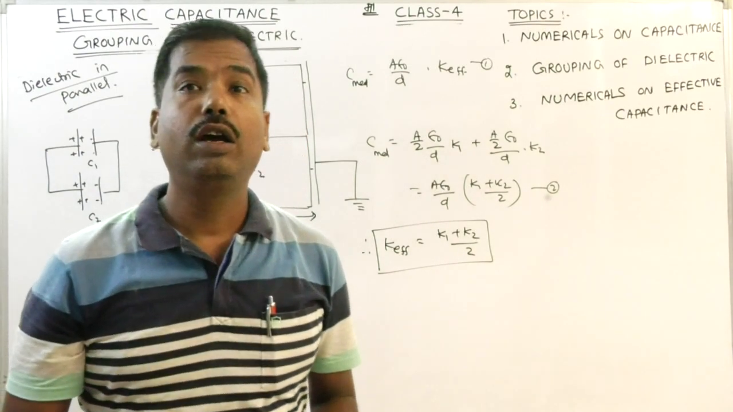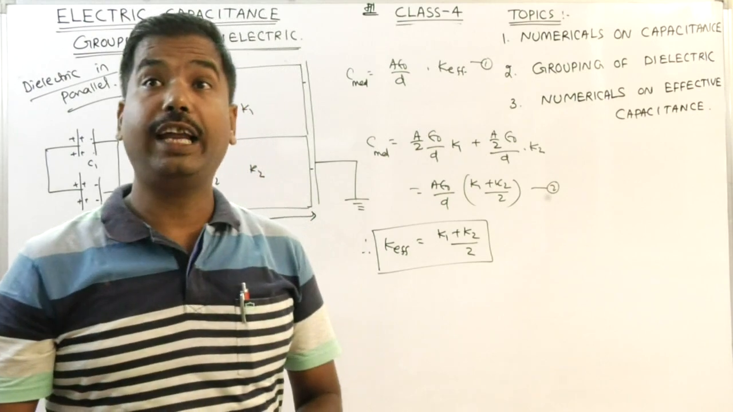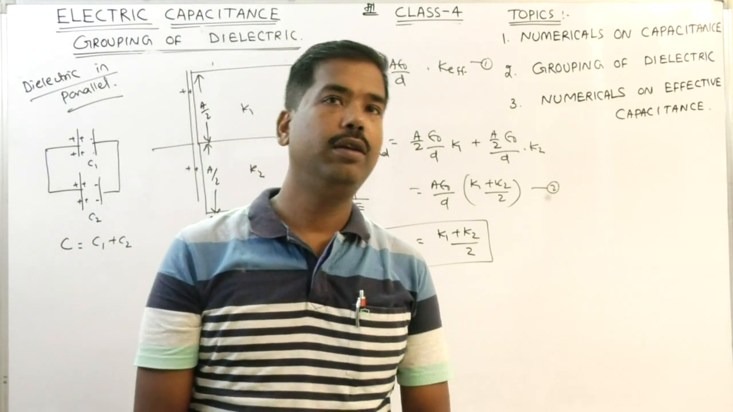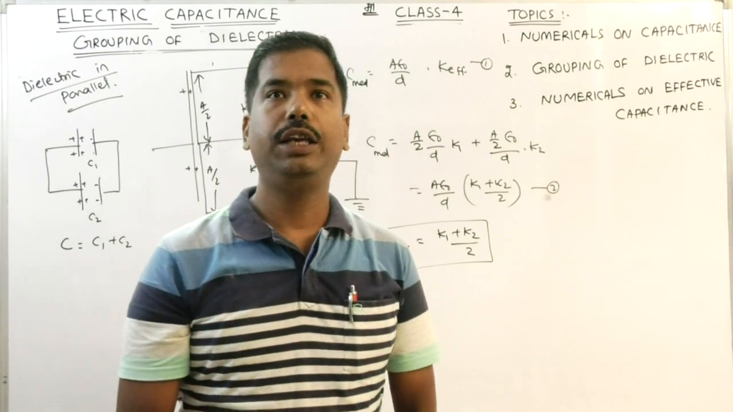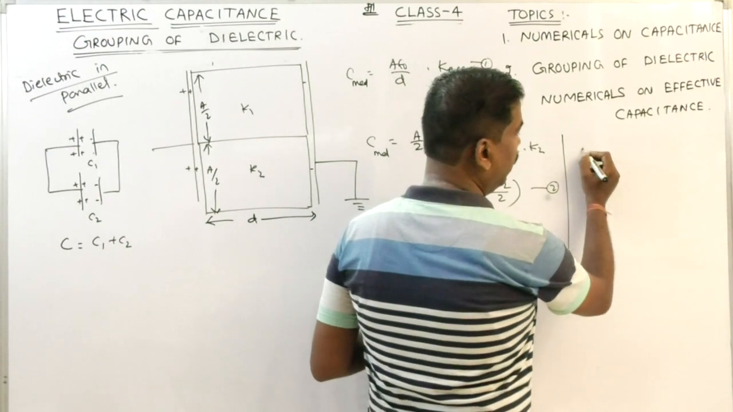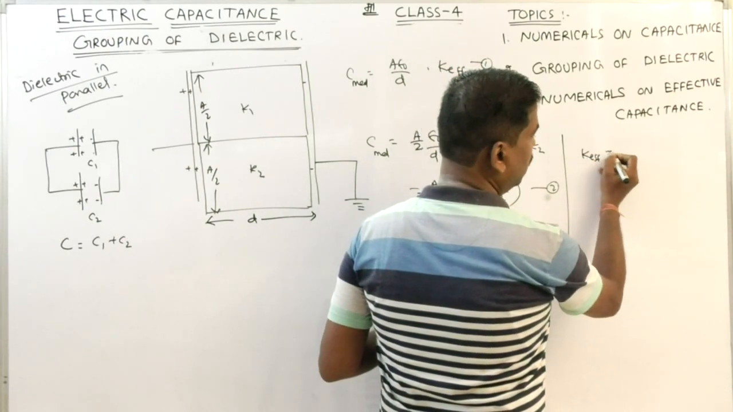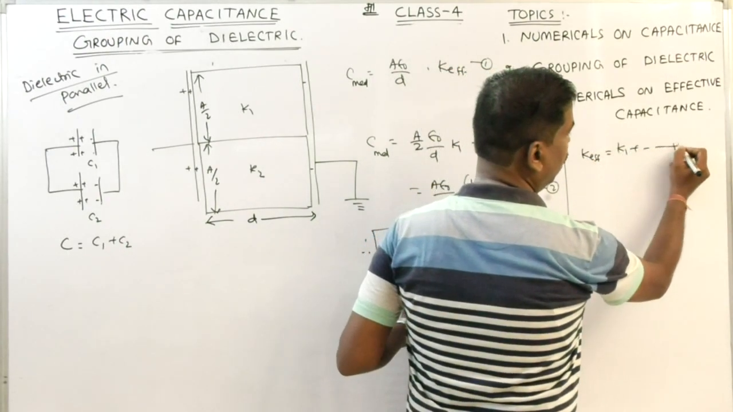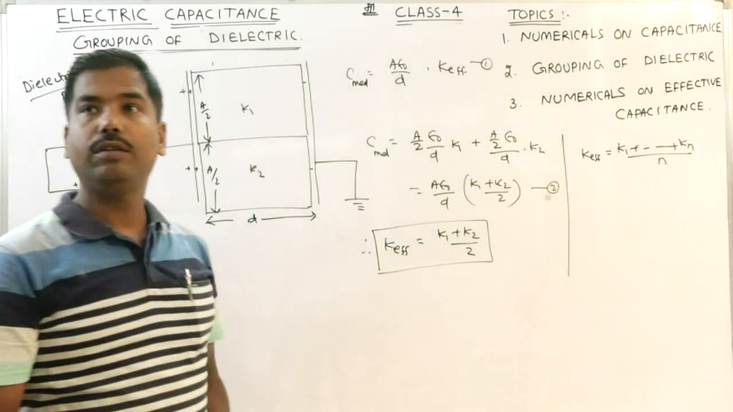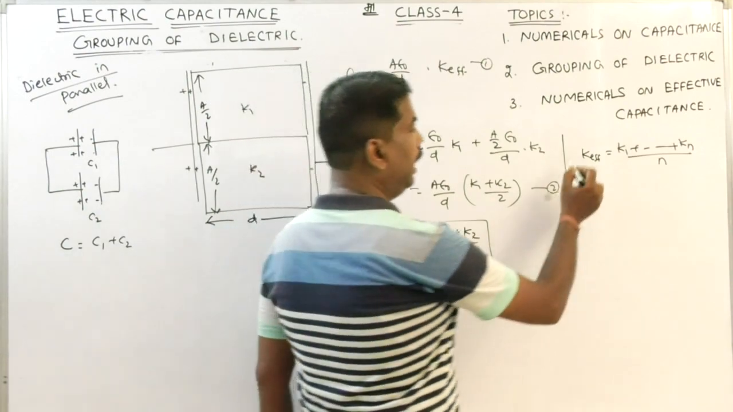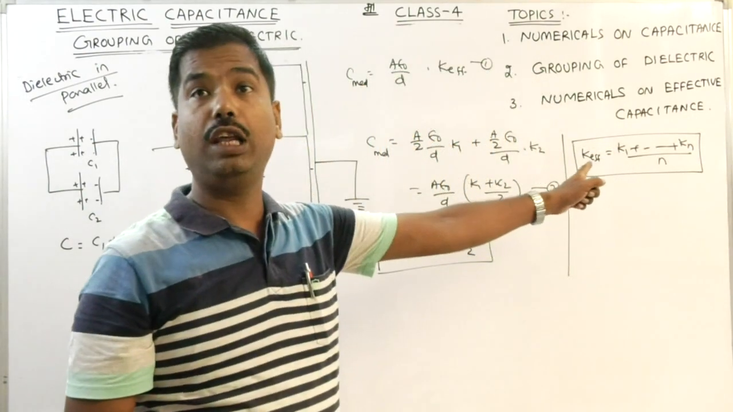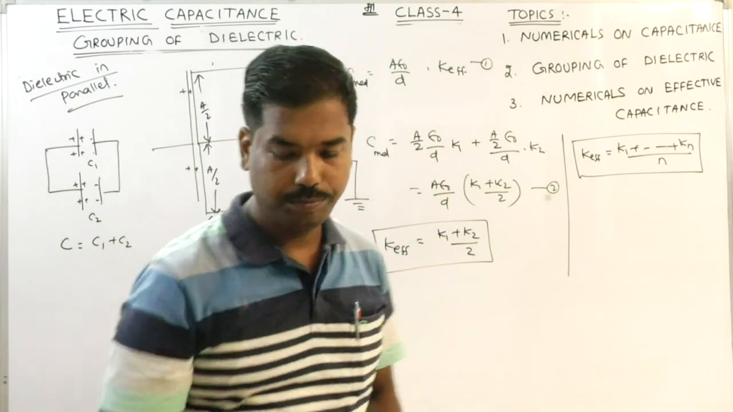If someone asks, sir, if the area is divided into n segments, then each area becomes A by n, or for n dielectric slabs, K effective is found to be K1 plus dot dot dot plus Kn by n. Clear? This is the effective capacitance when dielectrics are in parallel. Clear? Now,